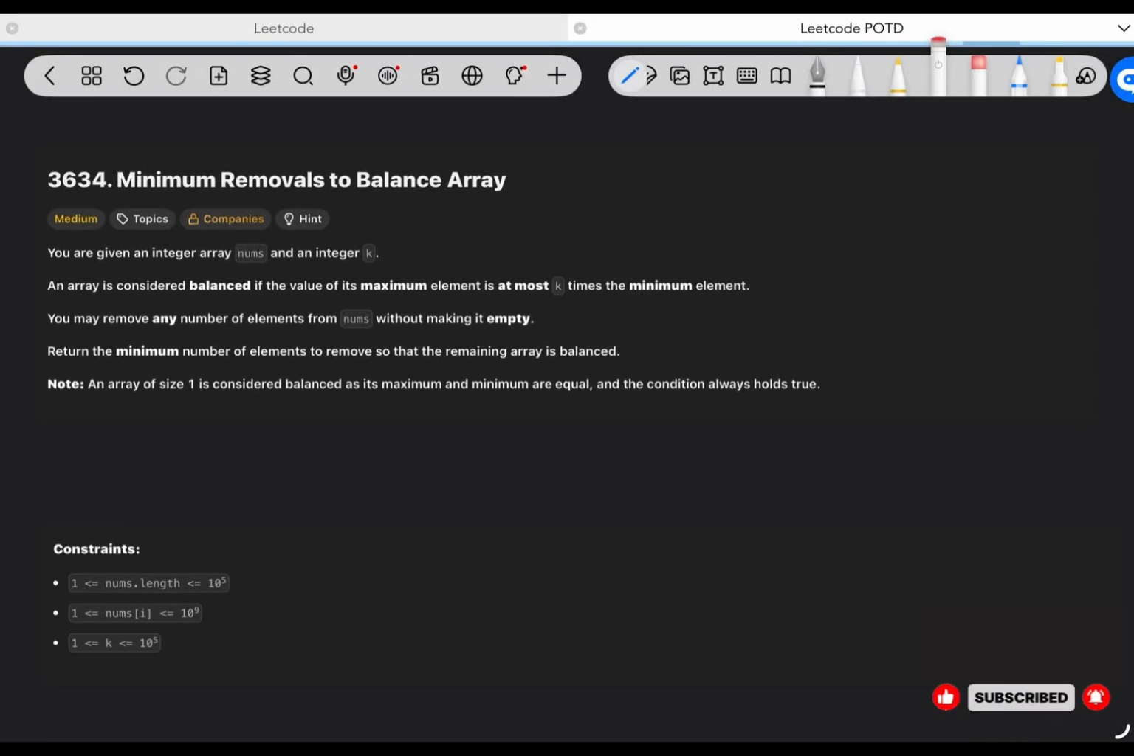Let's see today's LeetCode problem 3634. Minimum removals to balance an array. Medium marked. And let's read the question. You are given an integer array nums and an integer k. An array is considered balanced if the value of its maximum element is at most k times of the minimum